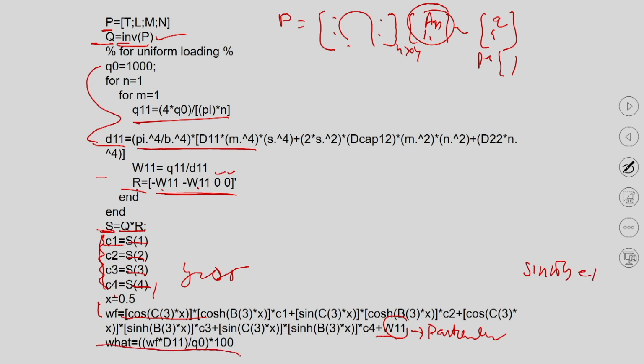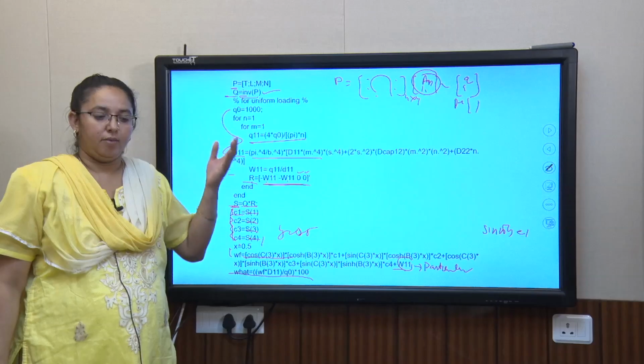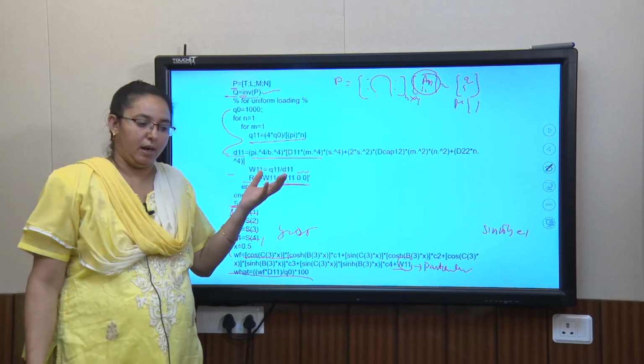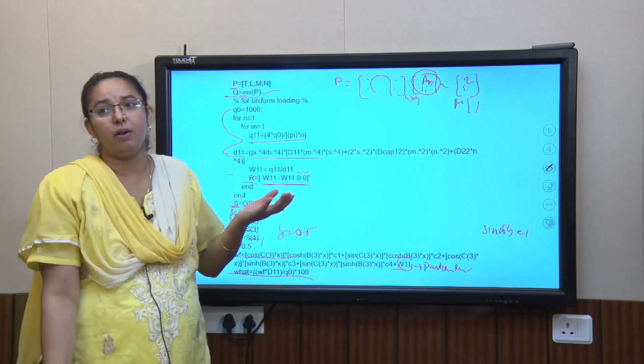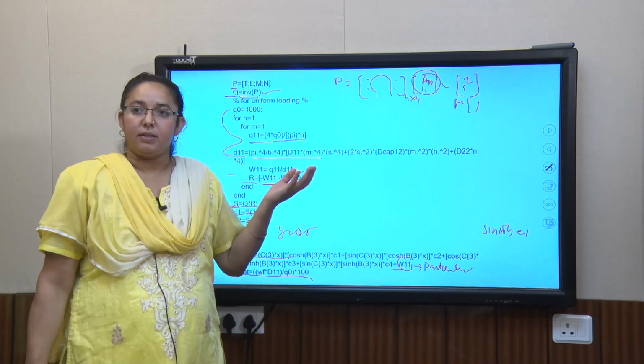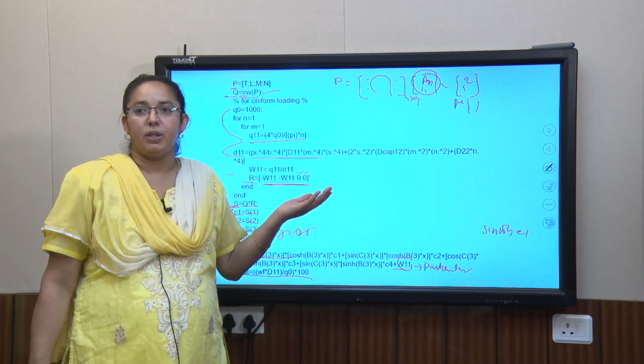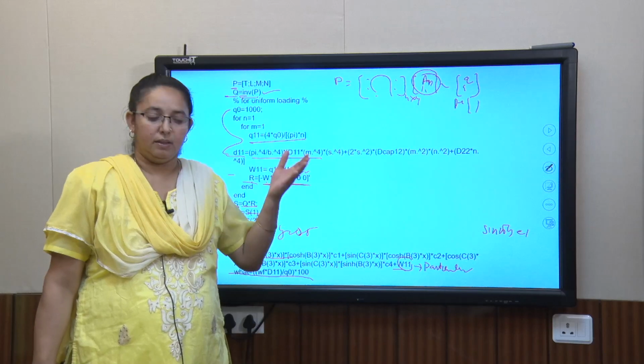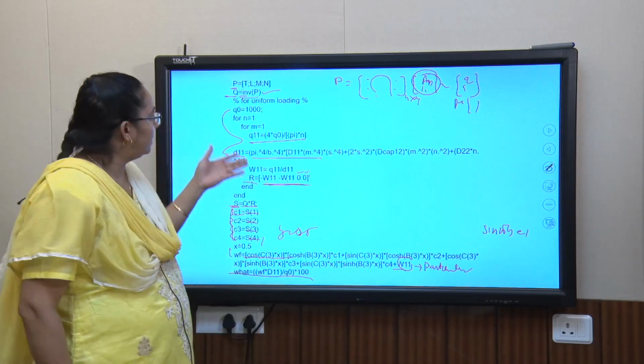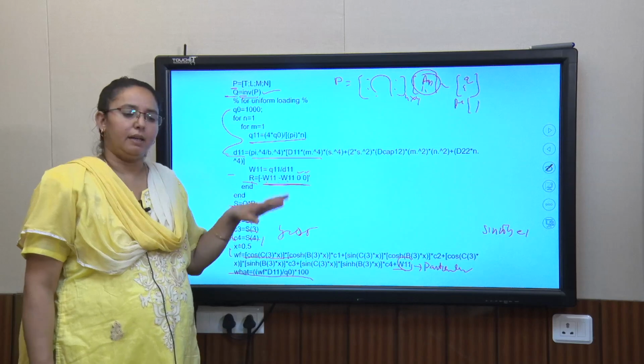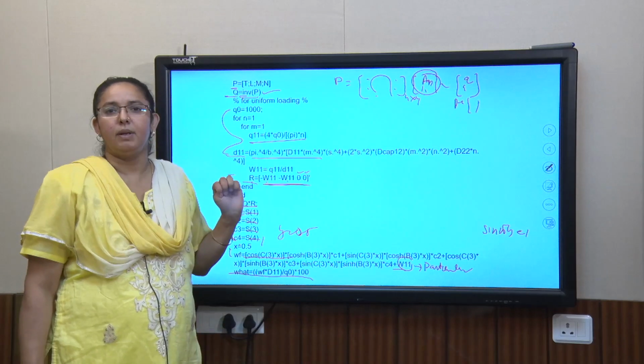In this way one can write a simple code for themselves, or for understanding, or later on if you are interested to develop a solution for a composite plate or some difficult geometry or boundary condition, in a similar way one can write a simple code in MATLAB.